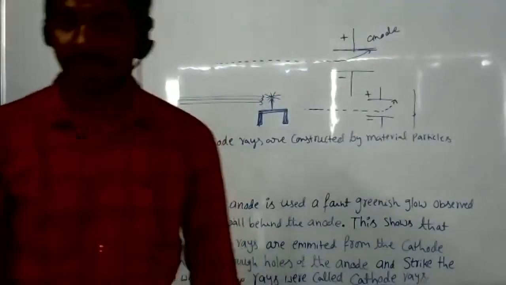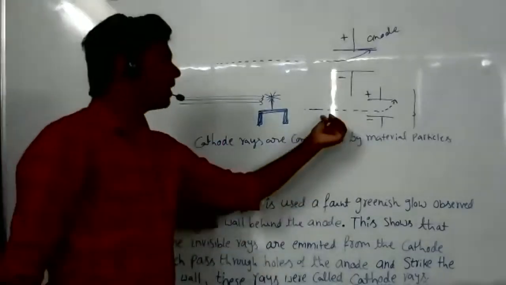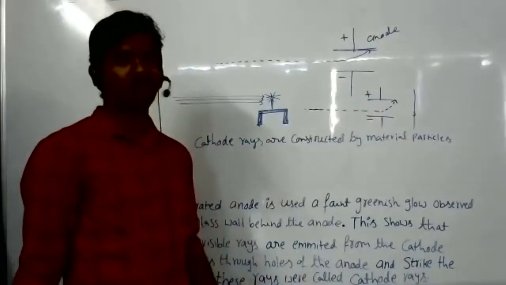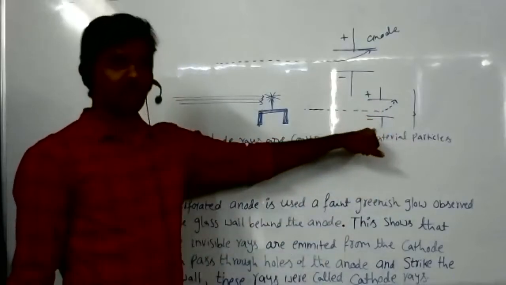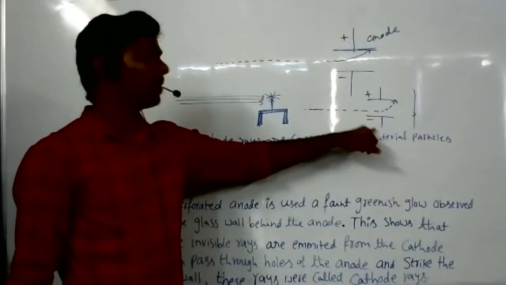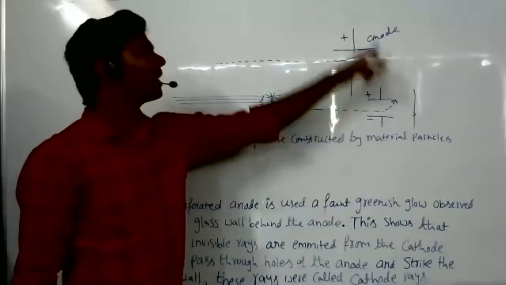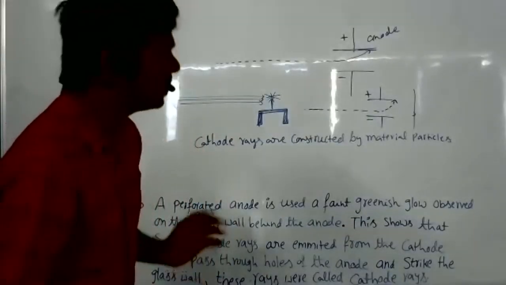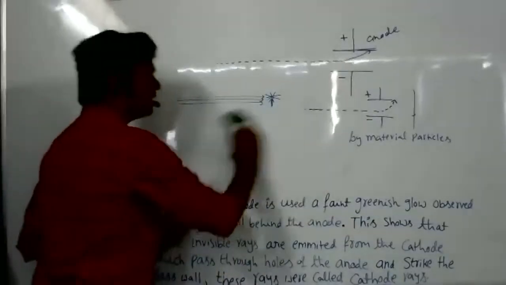Is it okay? Yes, sir. If it has negative particles, then only they are attracted by the positive plate side. Suppose it had positive particles, they would be attracted by the negative plate side, correct. But it has negative particles, that's why it is attracted towards the positive plate side. These are the major important points about cathode rays. Next, a few other properties also. Listen one by one.